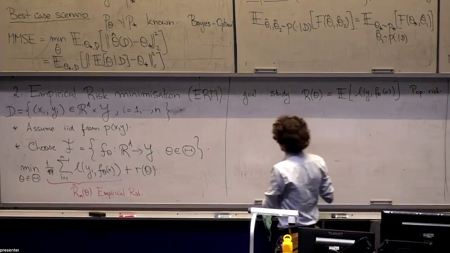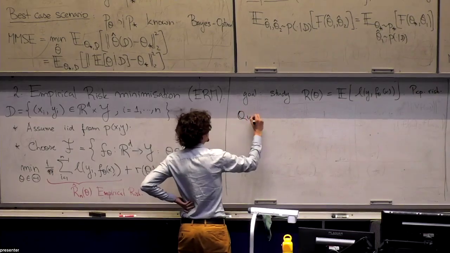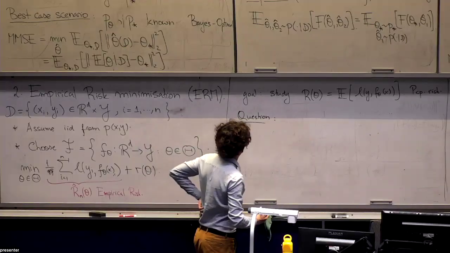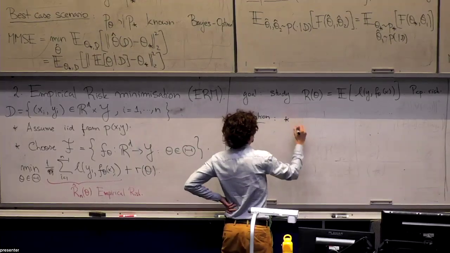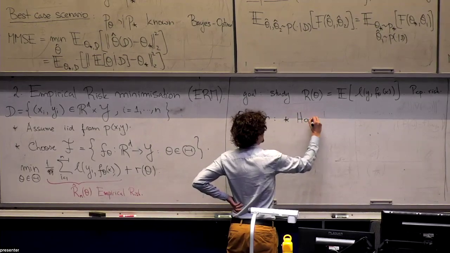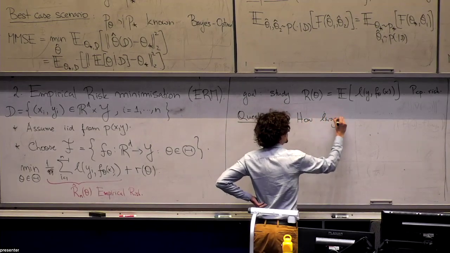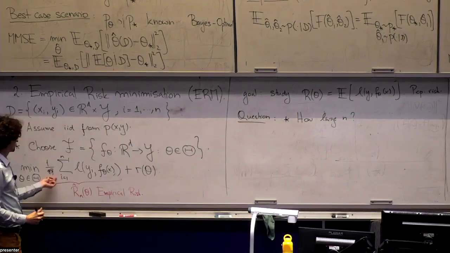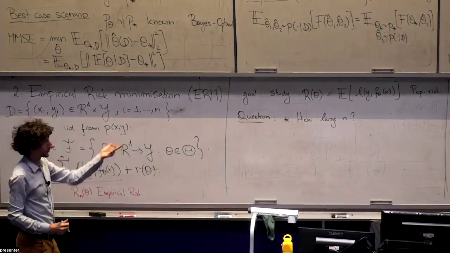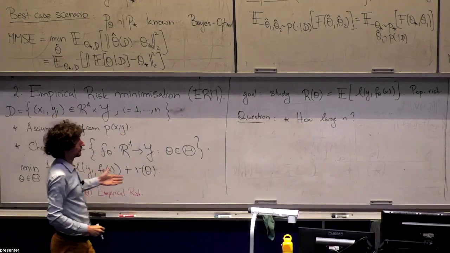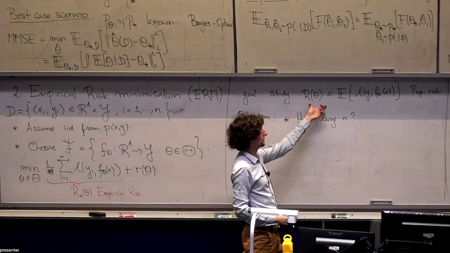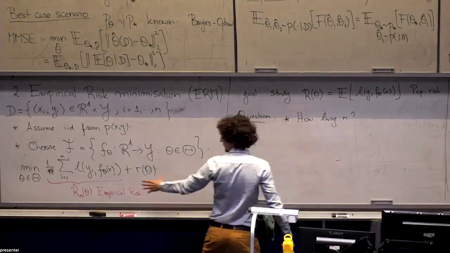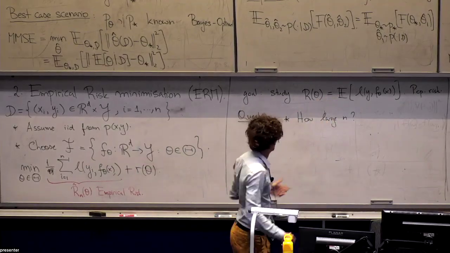And again, the questions that you want to answer are exactly the questions that we saw on the first day in the school. So, again, how large n needs to be, because you know that this quantity, by the law of large numbers, when n is large enough, converges to that. If n is infinity, a priori, you just need to minimize this, and then you solve your problem. So how large does n need to be such that the minimum of this has good generalization?